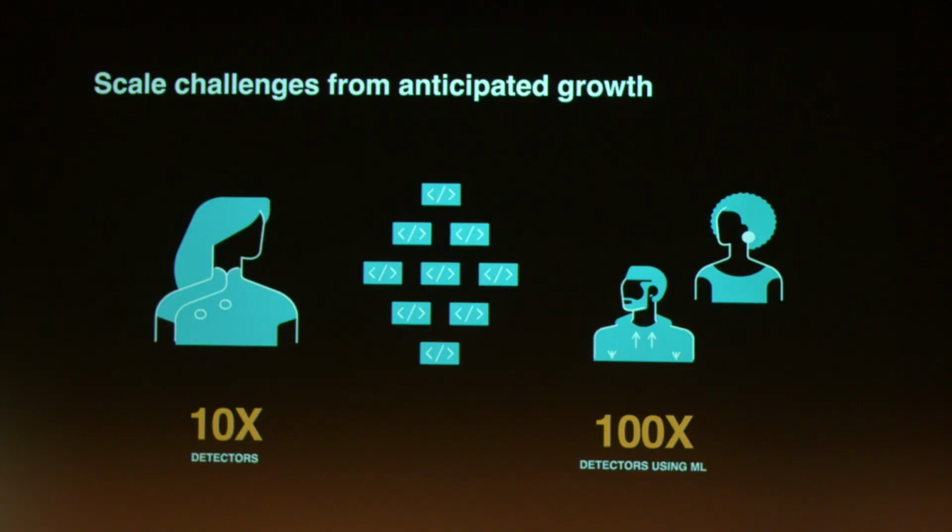But so, challenges on the horizon. These are the things that we would like to see, that we're going to be working on. So the first one is the scale challenges from anticipated growth. We, as the monitoring team at Meta, anticipate there's going to be a 10x increase in detectors by the end of 2023. I mean, we know what projects are coming up. And on top of it, with the current ML infra, there's going to be 100 times more detectors using our ML infra to do detection. That is dynamic detection, the univariate, multivariate. So our first challenge is to make sure we can scale naturally and we don't have downtime. So that means a lot of work and reliability. That means a lot of code.